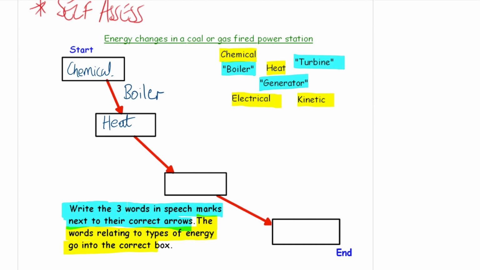And when you complete it, I'll give you the answers and we'll mark together, or you mark your own. Okay, so as we go along, it might be worth crossing off the words that you've used. So after the boiler, we have the turbine and then the generator. So we get turbine, generator,